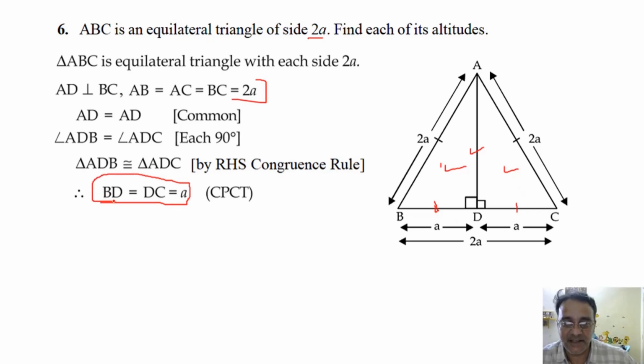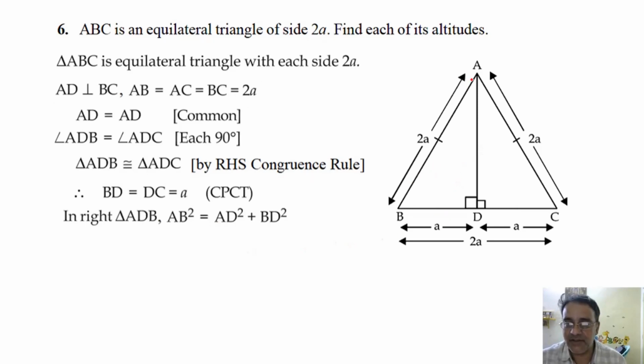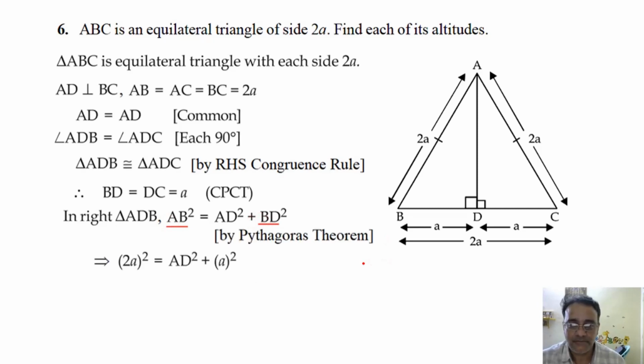Whether that part is clear to all of you? Yes, sir. ठीक है, और हम लोग ऐसा congruent भी proof करके कर सकते हैं. So the option is with you. You can use any one convenient method for you. Right. Now, in triangle ADB, by Pythagoras theorem, AB square is equal to AD square plus BD square. Now the value of AB is 2A, BD is A. That we are going to substitute. So 4A square minus A square. क्योंकि A square को यहाँ shift करेंगे तो minus हो जाएगा.